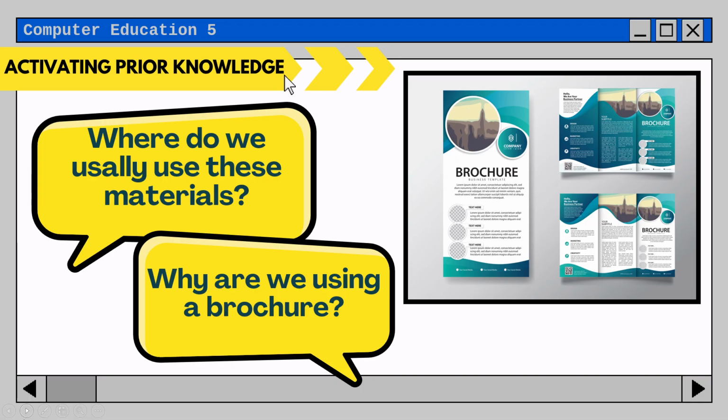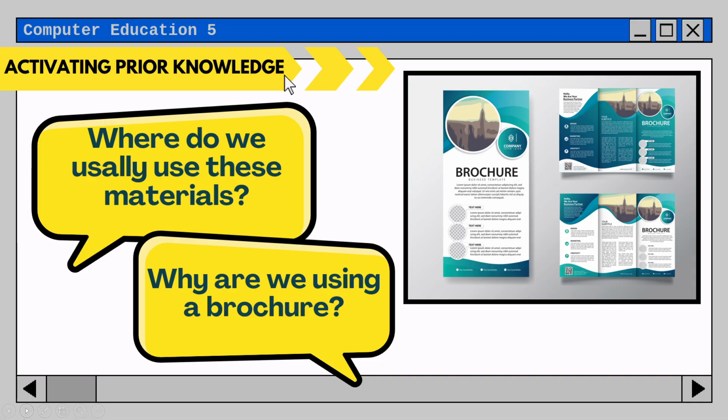Now, as you can see on the screen, there is an example of what we call a brochure. If you have seen a brochure before, you can usually see it in different places, for example in school, in the library, or even in simple coffee shops or in other establishments.